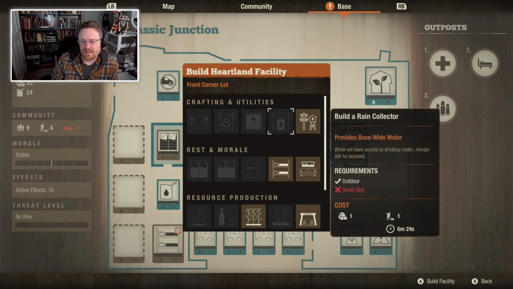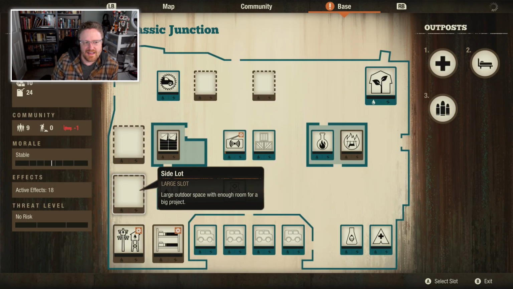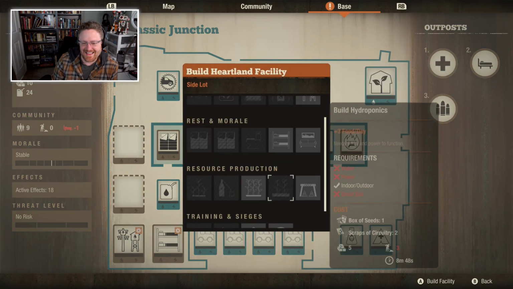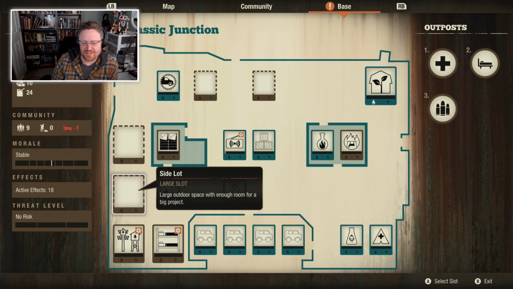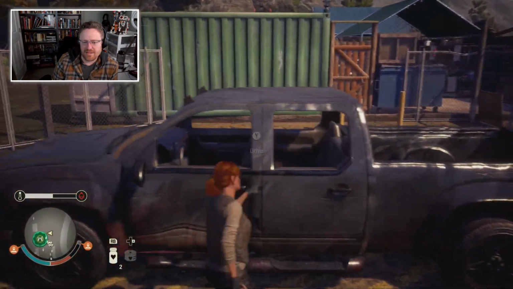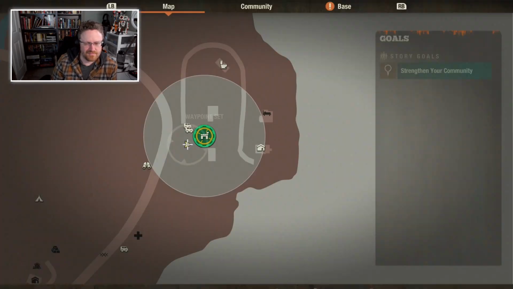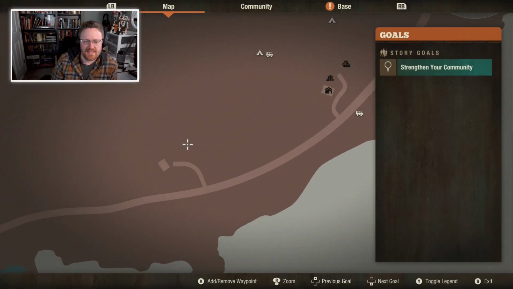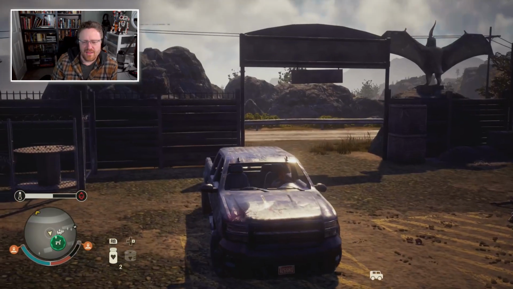And then let's do a utilities complex with Chavez. And we got exactly 10 left. Oh, but no labor. That's fine. I was about to spend my last materials, which was going to be dumb. Okay, so actually, let's go out just a little bit longer, because we did see another couple places with materials. So while we're building that stuff...